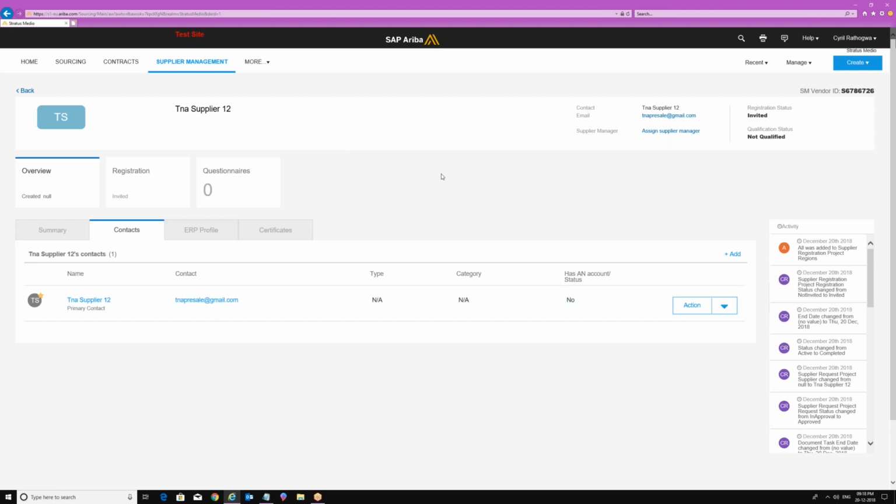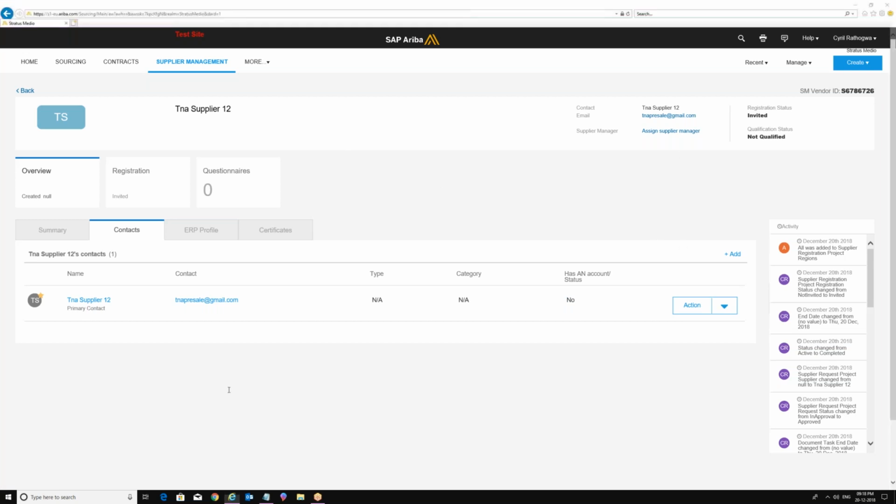All your information regarding the supplier in SLP will be shown over here. So that is why it is called a supplier 360-degree profile. Now, once you have done with this process, see, the next process is the supplier registration process over here. Now, the supplier request process was what? It was an internal process.